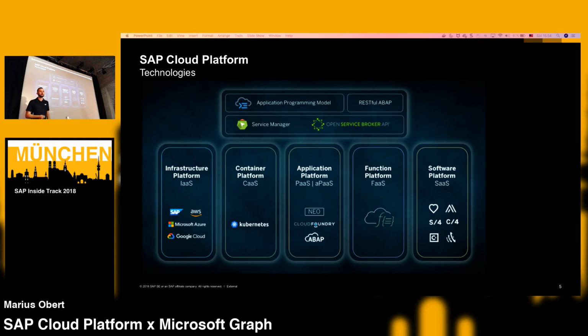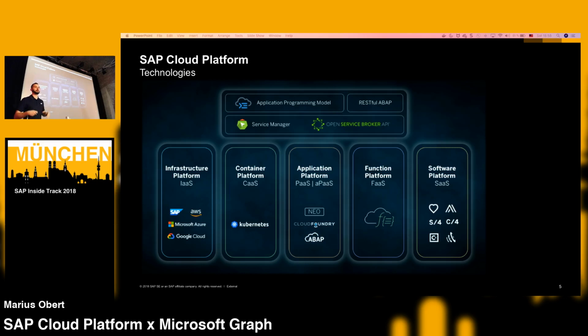on Cloud. What will be new, because it's not available yet, will be the container platform and the function platform. The container platform will leverage Kubernetes, and the function platform will help you to integrate the software stack with the application stack. So a possible use case would be that you have a machine learning cluster running on Kubernetes, your main application on Cloud Foundry, and some function as a service which are connected to, let's say, Concur or C4HANA for a